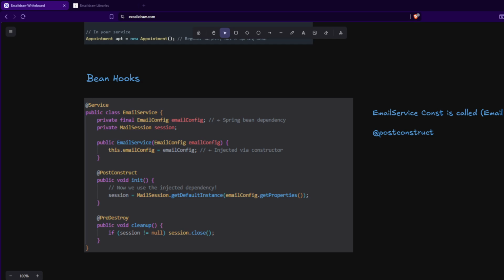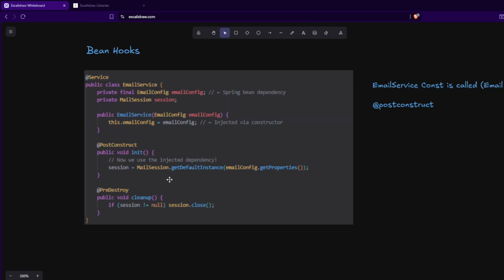Okay, so this bean hooks concept is very important to understand. Instead of bean hook we can also call it a bean lifecycle hook. That would be a more correct term to use. So bean lifecycle hooks generally control this part, that once the dependencies are actually ready, only then do you